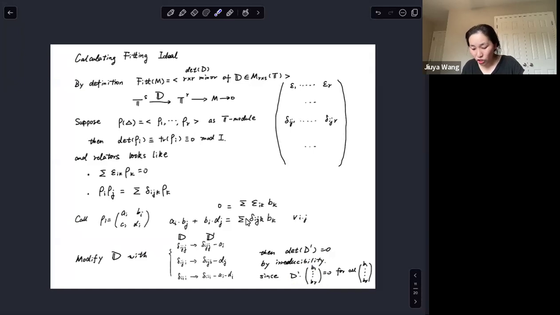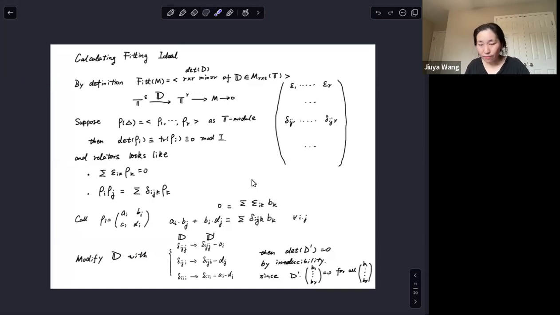And this is true for any choice of b vector. Because rho is irreducible, you can always find some non-zero bi, and therefore this tells you that d prime has to have determinant 0. So now